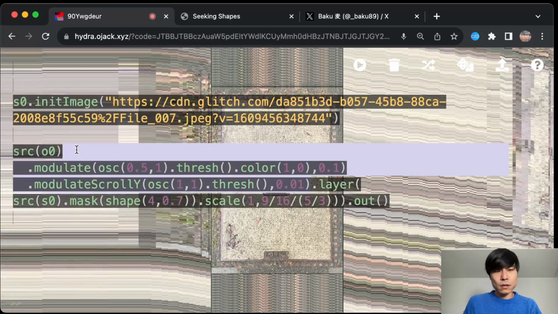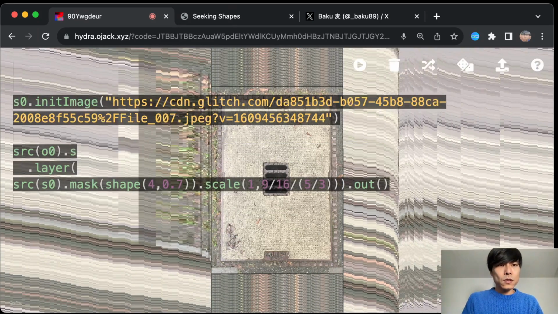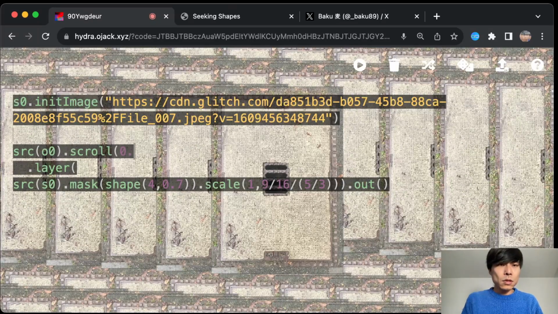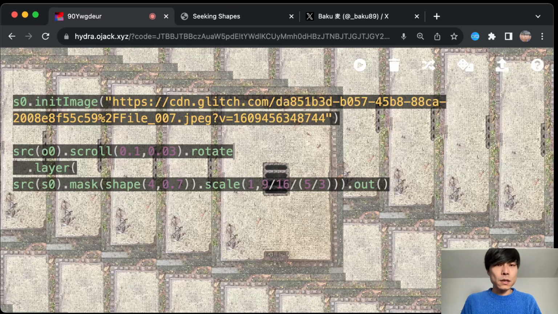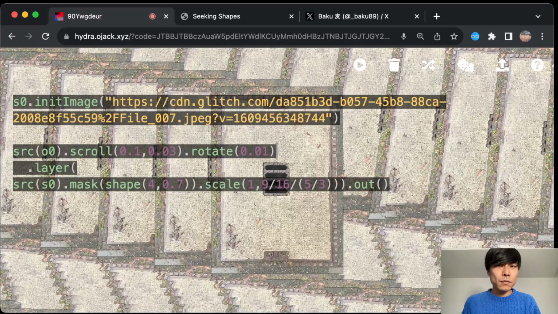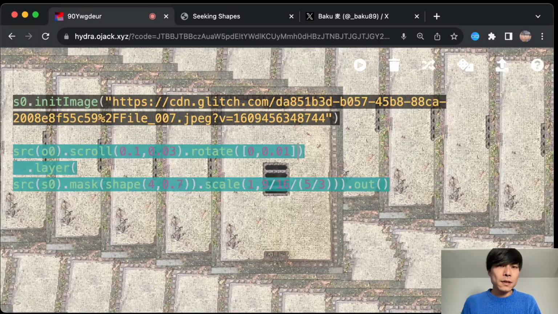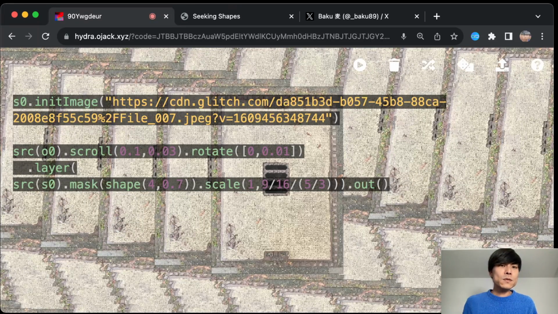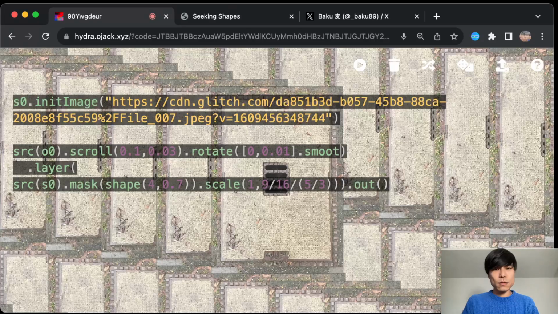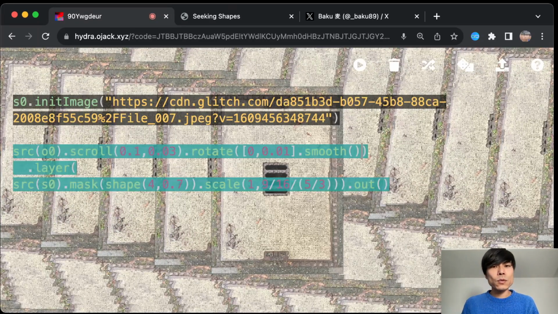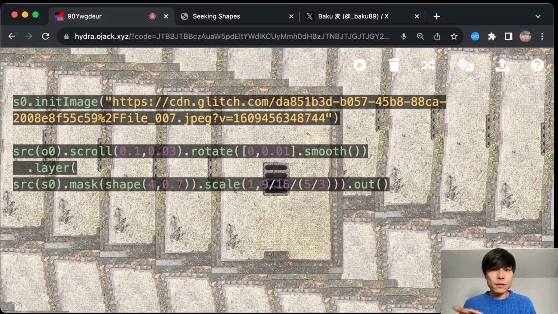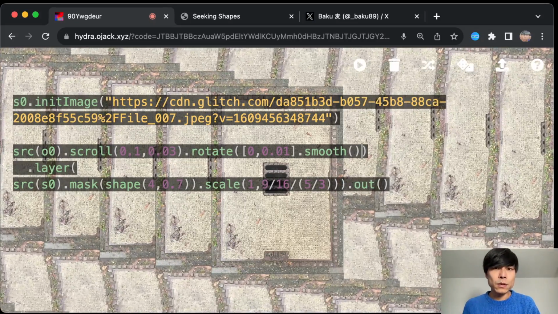Alternatively, maybe I just keep it simple with scroll 0.1, 0.03, and of course you can do rotate. I would start with something small. Okay, that's very interesting. And again, I think you can have some kind of interesting animation by switching back and forth. And the interesting thing here is that I'm not doing smooth. And the same, again, in the previous example with the scroll, I'm not using smooth. I mean, you could, and it makes this funny, wiggly thing, but